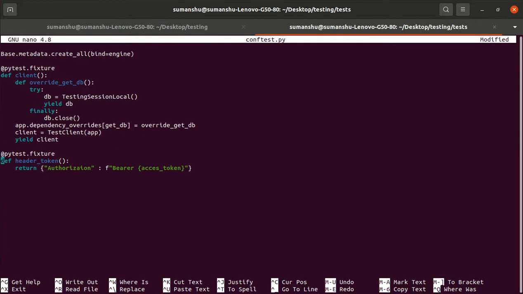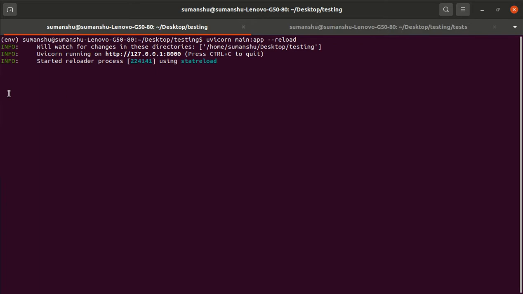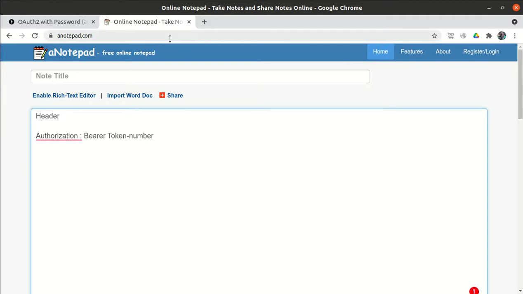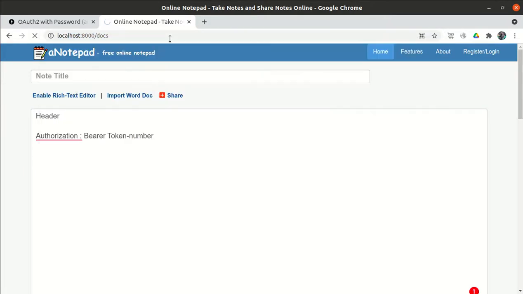To create this, we know, one minute, let me run my application again. uvicorn main:app --reload. If we know the process, then we can easily write the test cases. So, localhost 8000 docs.